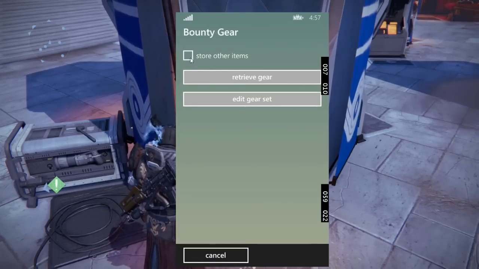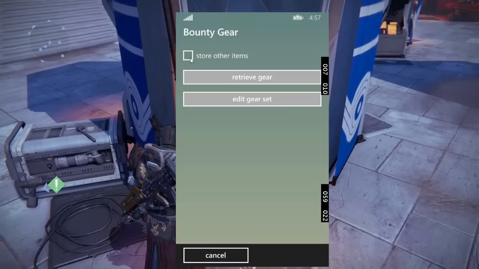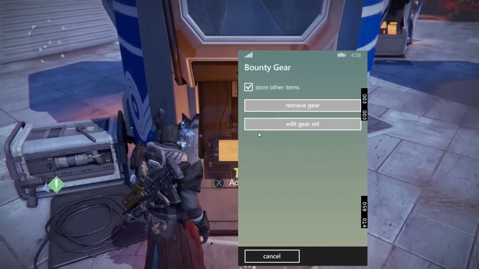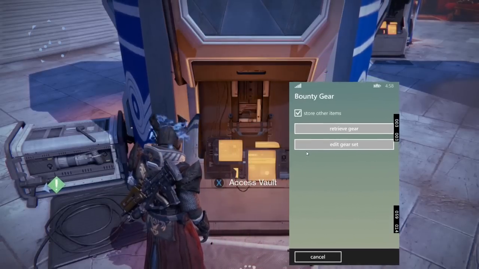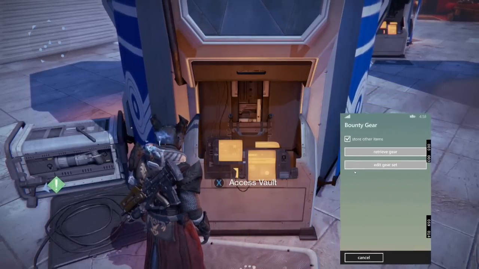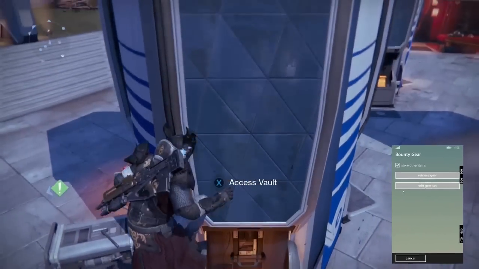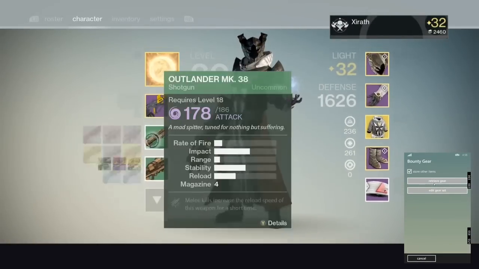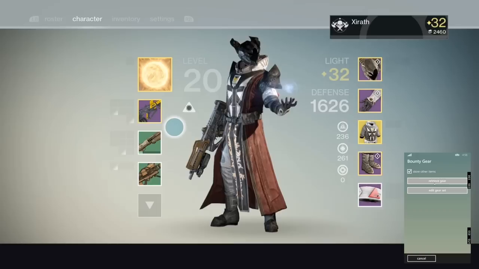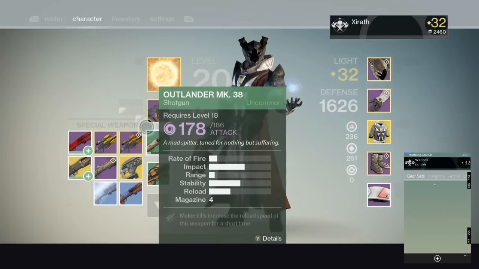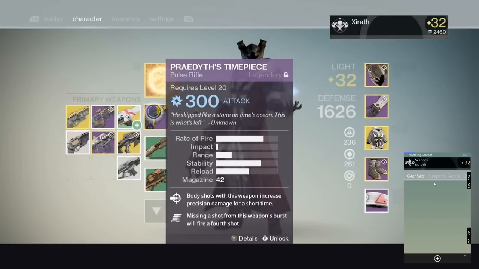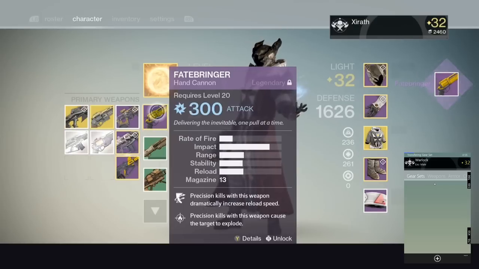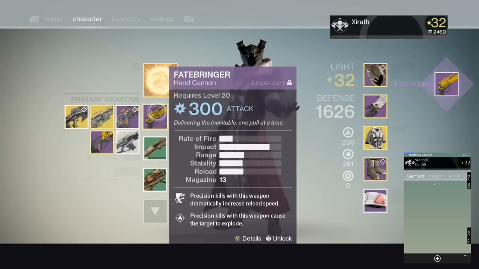The other advantage is I can also check store other items. What this will do is get rid of all the other items in the inventory. As you can see, I have a bunch of junk in my inventory at the moment, and so when I click store other items, it will get rid of them. It'll store them in the bank or on another character. And it takes a few moments,